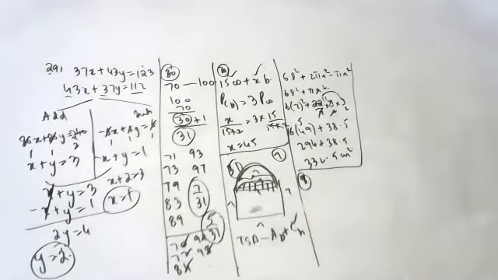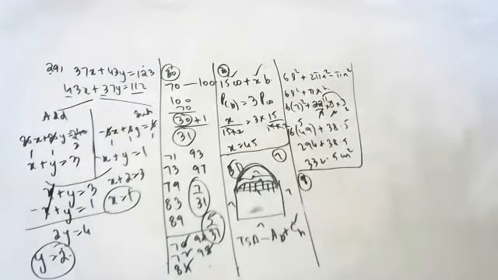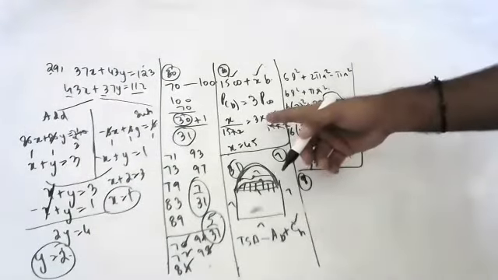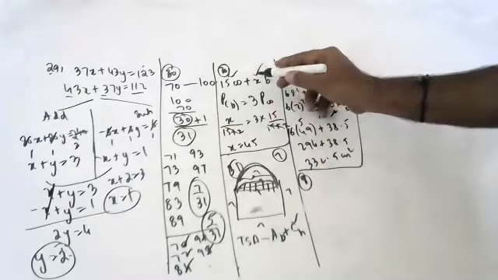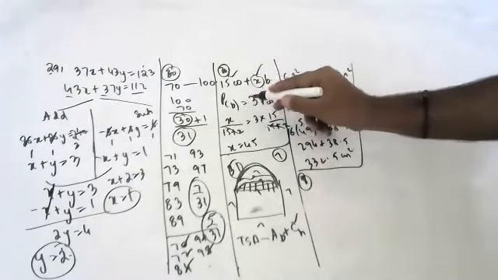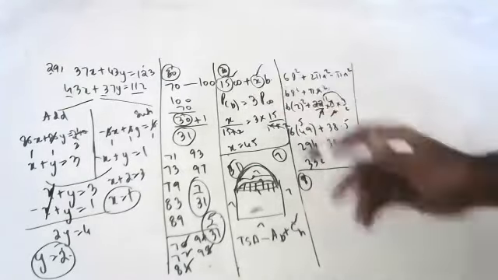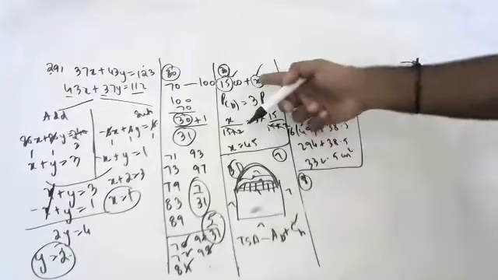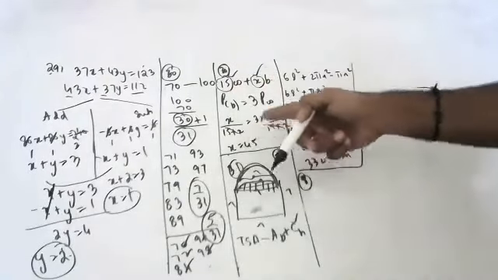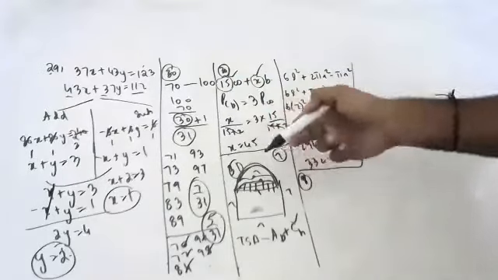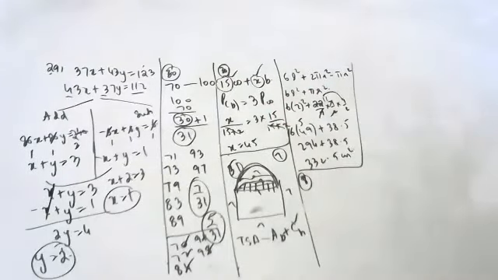Sir, can you explain the 30th question, probability? Yes. The probability of drawing a black ball is 3 times the probability of drawing a white ball. Black ball is x by total, white ball is 15 by total. Total I cancel. So I got 45 black balls. Okay, sir. Okay, children, next question.